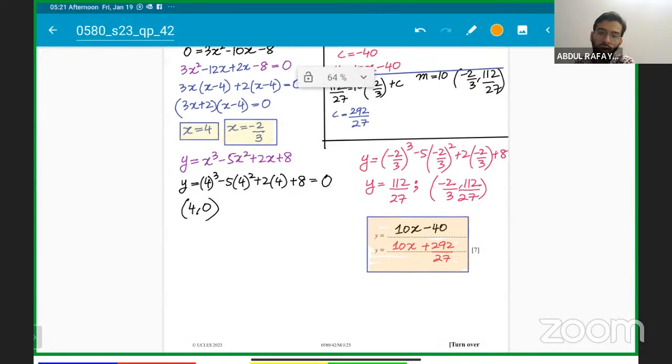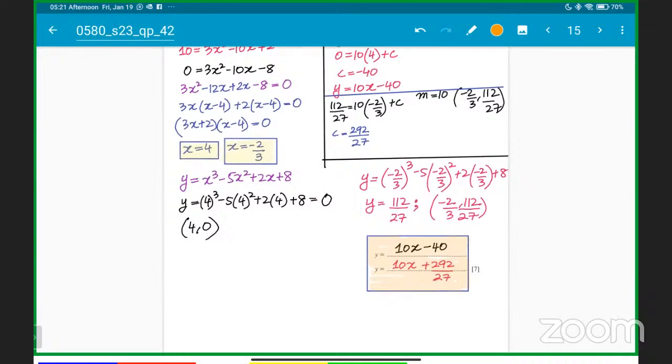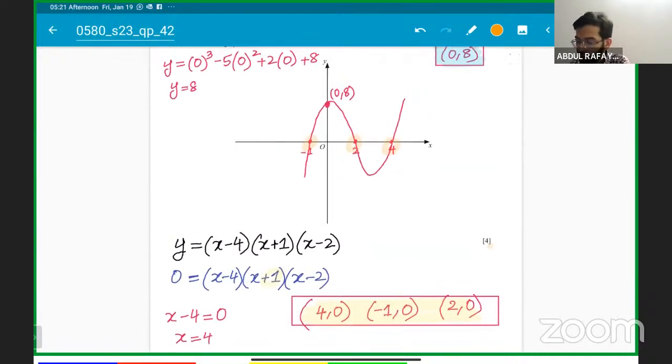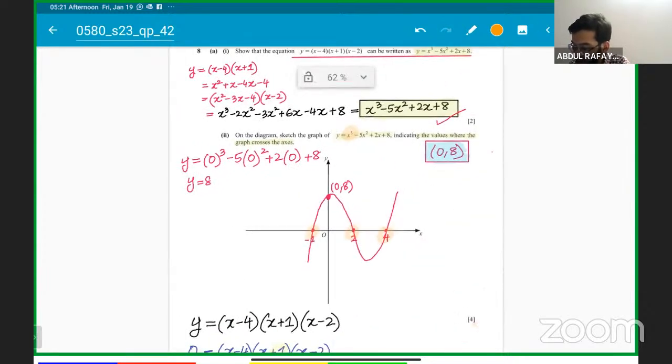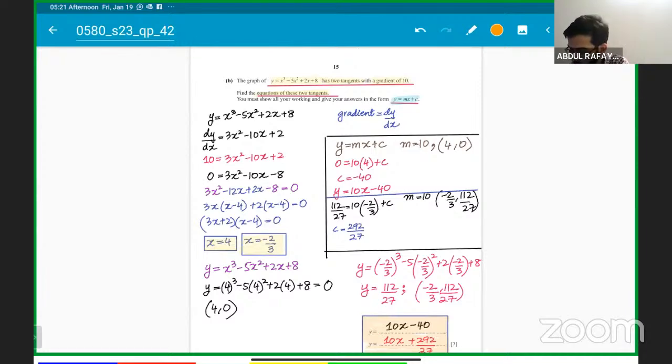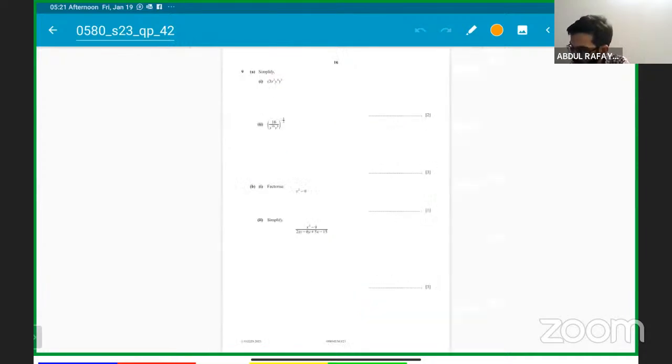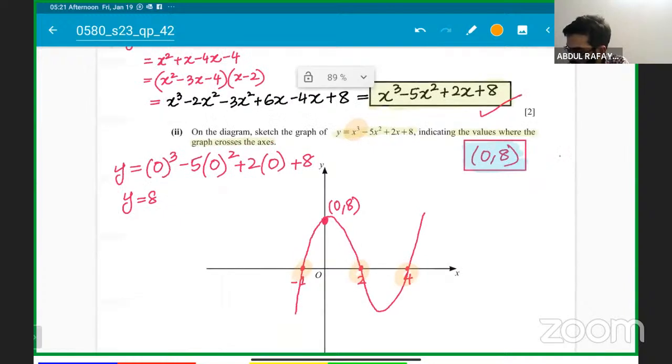Okay, everyone got this? Clear? Understood? Okay, so this is it. Let me give you a quick look. This is the same question. What they are trying to tell you is that both of these x values have the same gradient. So they are just asking, if I show a visual representation,